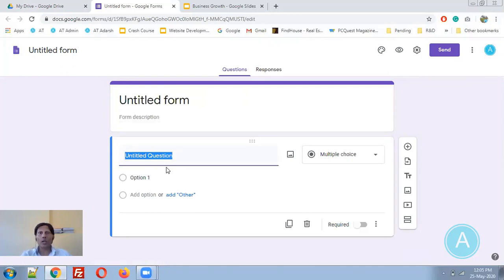For example, you are going for a particular meeting, and in the meeting hundreds of people are available. At the end of the meeting, you would like to collect the mobile number and email address of all the people. Then how can you collect that data easily? So let us explore the details.